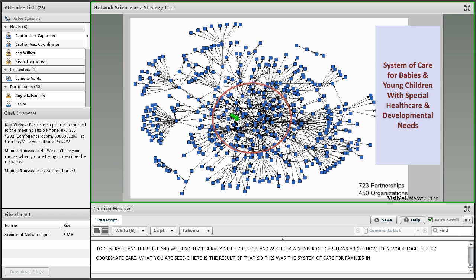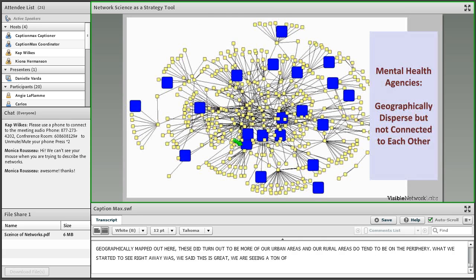We asked them to generate a list of others, and then we asked those people to generate another list, and then we sent that survey out to people and asked them a number of questions about how they work together to coordinate care. What you're seeing here is the result of that. So this was the system of care for families in Colorado,